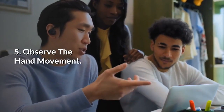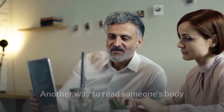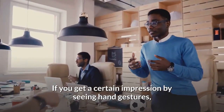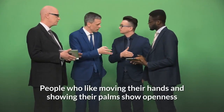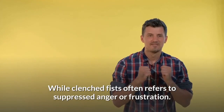5. Observe the hand movement. Another way to read someone's body language is to observe the hand movements. If you get a certain impression by seeing hand gestures, it reveals insight to the person's personality. People who like moving their hands and showing their palms show openness and excitement, while clenched fists often refer to